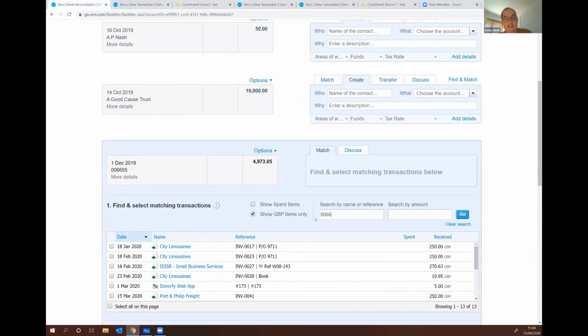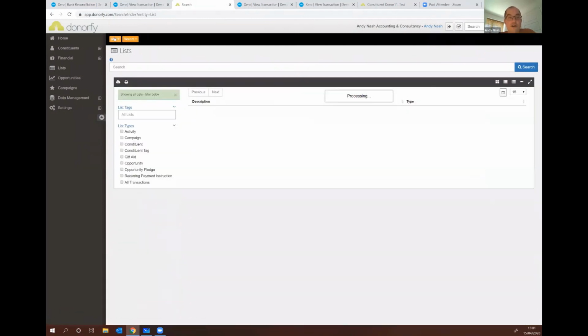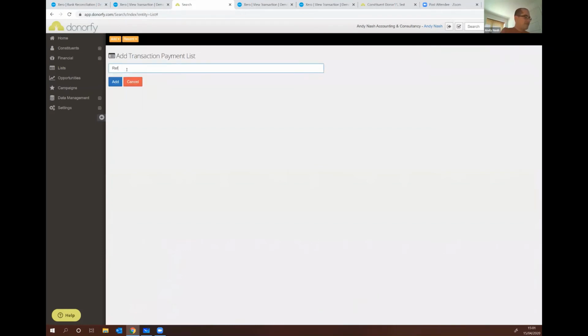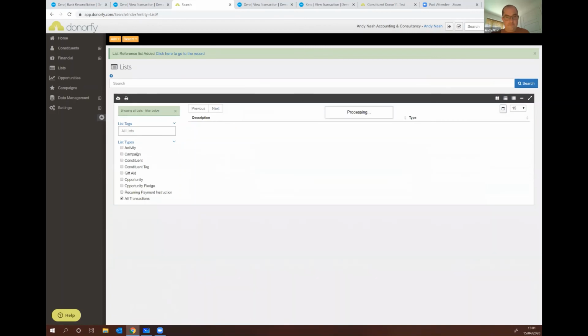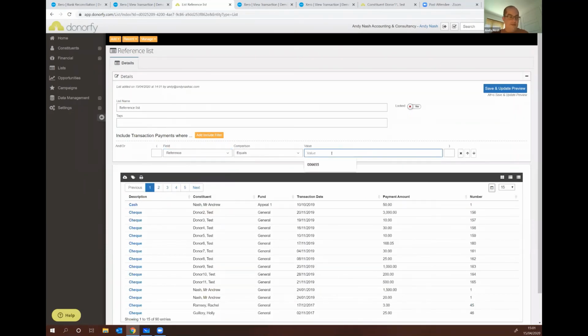So I can do 006655. Now, nothing's going to show because I've not sent those transactions through yet. But in Donorfy, if I did a list of all of those payments, so I'm just going to do a transaction payment list, I'm just going to do reference, just so you can see. And if I just select all of those where the reference equals 06655,